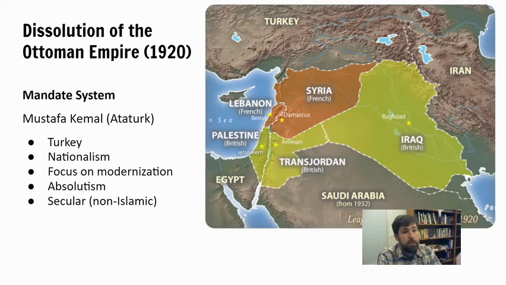The Ottomans are on the losing side of World War I, one of the Central Powers. And after World War I is over, they dissolve. Much of their territory is broken up under what's called the Mandate System. This is a map of the Middle East under the Mandate System. You can see that the modern countries of Iraq, Jordan, Palestine, Syria, and Lebanon are all territories whose borders were predominantly determined by European powers who imposed these boundaries on this region without really taking into account the kinds of ethnic groups that lived there.